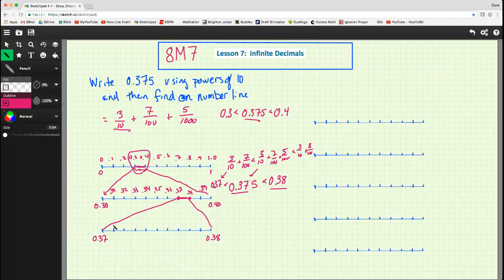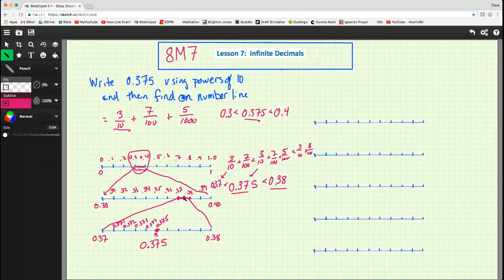And so this becomes 0.371. This is 0.372, 0.373, 0.374, and this is 0.375. And so we have an exact match. So here's exactly where 0.375 is, exactly at this spot, which is halfway in between here, which is